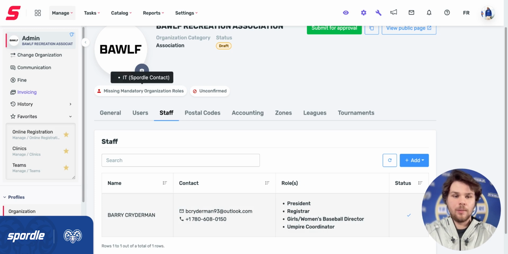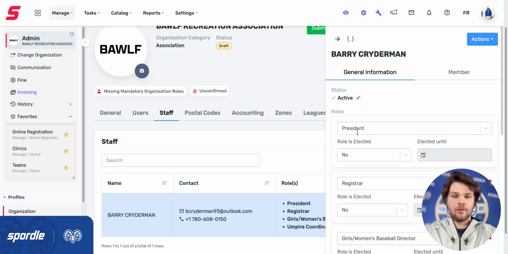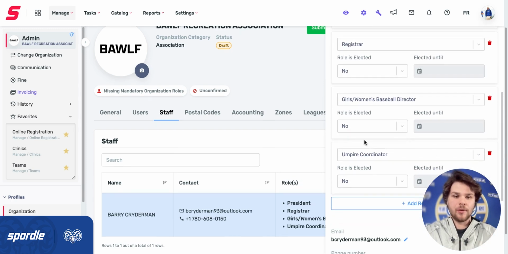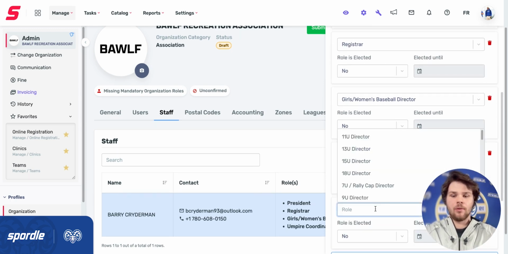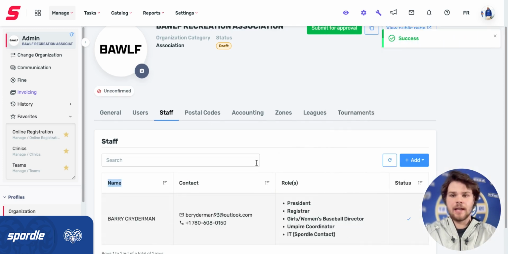Spordle contact will be an added role that we will ask for you to add this year. We realize that many associations only have one individual who looks over everything. So in that case, you'll have to slap all of these roles onto one person. To do that, you can select your roles here and edit. If you scroll down, you'll notice that there's an add role, and you can add as many roles as you would like. Go ahead and hit add, and you'll notice that that flag will go away as soon as I